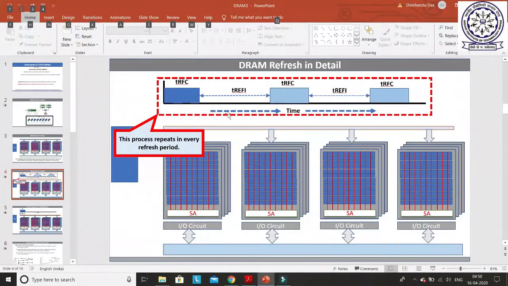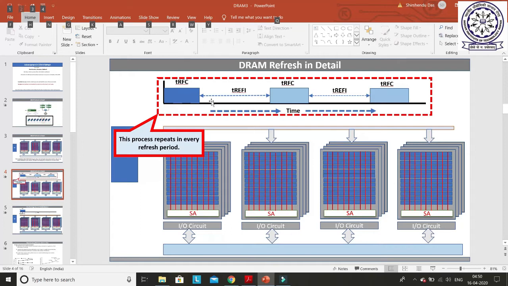One thing that I have not discussed in previous lectures is the retention period. Normally, I said that in normal DRAM, the retention period, or the refresh period, is considered as 64 millisecond. So within this 64 millisecond, all the rows must be refreshed once. That means all these tRFC commands that are required to refresh all the rows must be performed within a single refresh period, that is 64 millisecond.